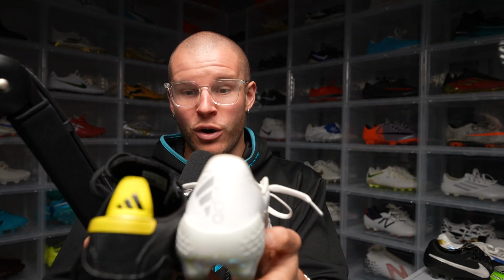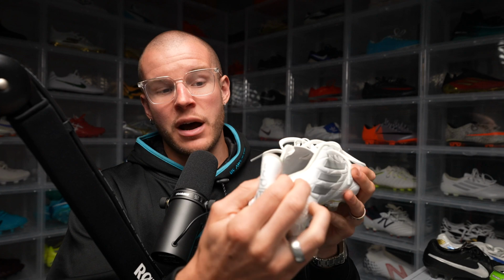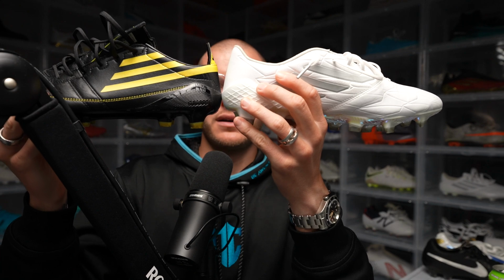As I've mentioned before, I don't have a problem with either heel area. I actually would argue that this one fits me better because as I break the 2014 Adizero in, there is really no structure to this upper, and it tends, for me, to get a little bit sloppy. However, this is going to win just because I think more people are going to have issues with how different, if you can see